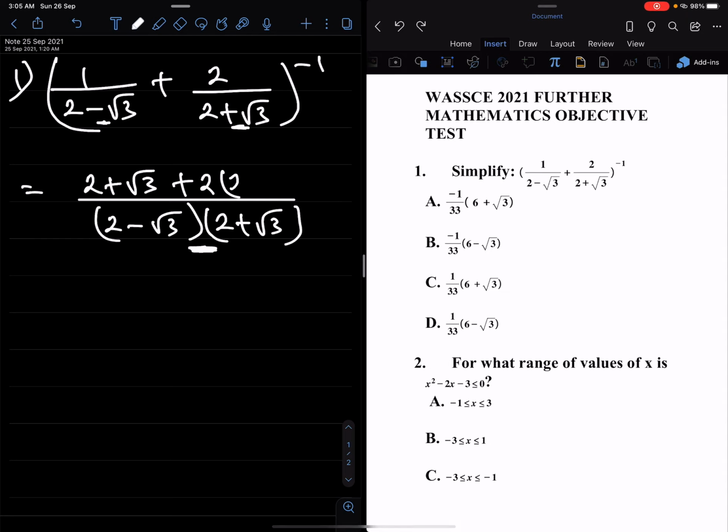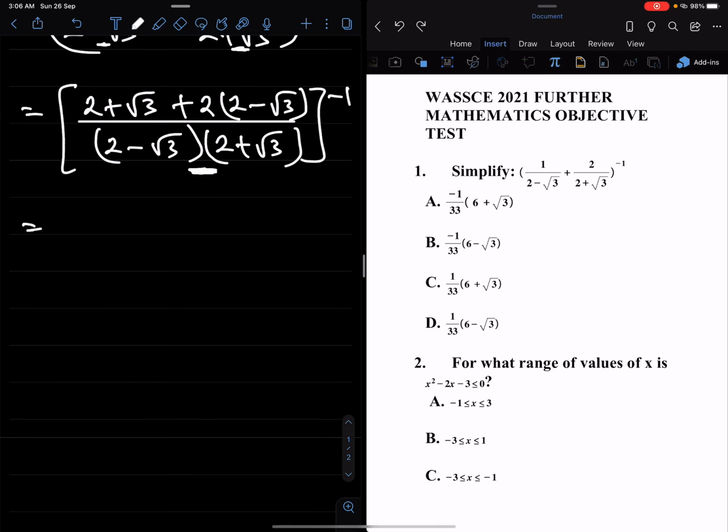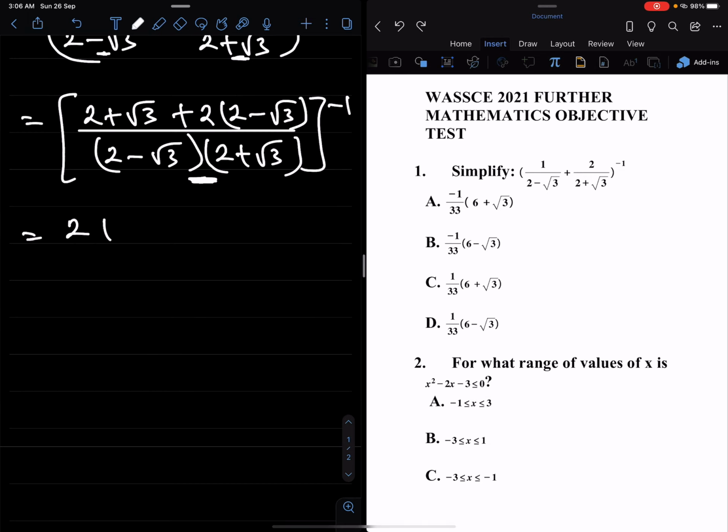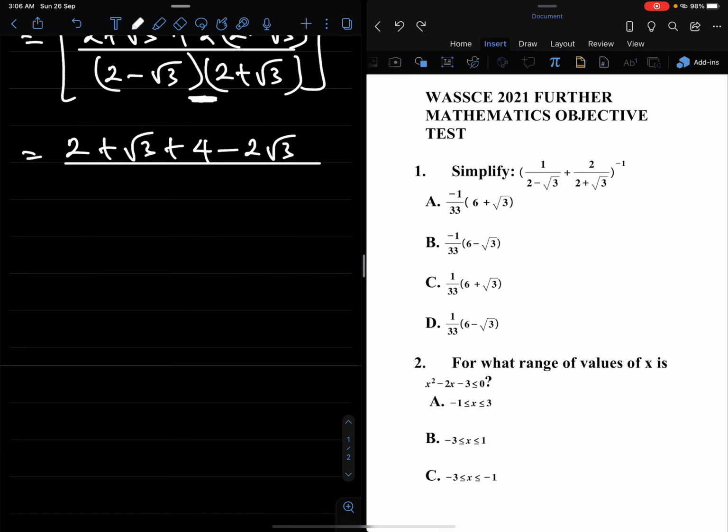And we multiply that by 2, so 2 times 2 minus root 3, and we raise everything to power minus 1. And that's equal to 2 plus root 3, opening the bracket at the numerator now, plus 4 minus 2 root 3, over 2 minus root 3 times 2 plus root 3, which is a difference of